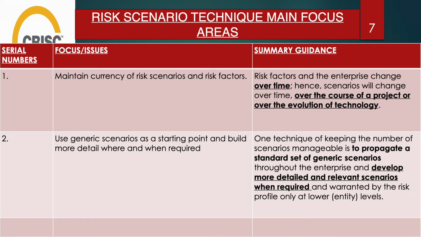For example, the risk function must design a review timetable and the chief information officer must collaborate with the business lines to assess and update scenarios for relevance and importance. The frequency of this exercise is determined by the enterprise's total risk profile and should be performed at least once a year or whenever significant changes occur. Understood? Similarly, coming to the next,